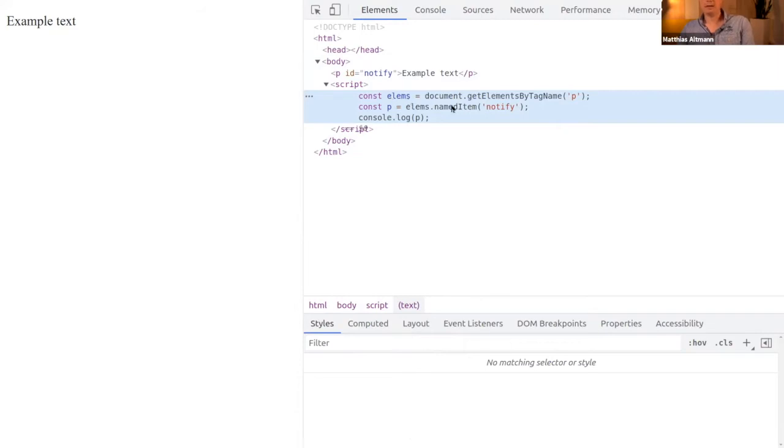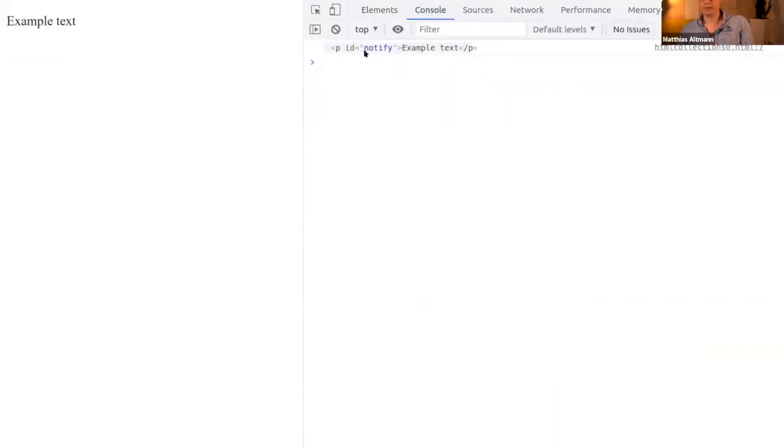Then you get one item from this array-like structure, which has the ID notify, and log it out. If you look at the console, you see this tag was fetched from the structure and logged out into the console here.